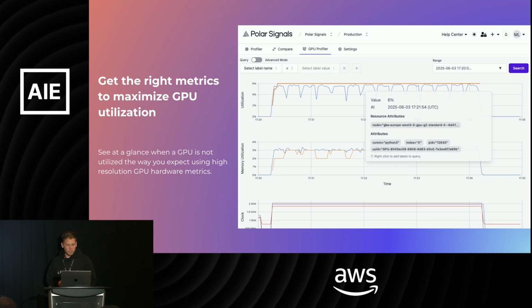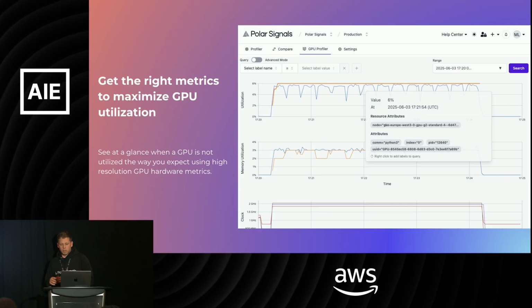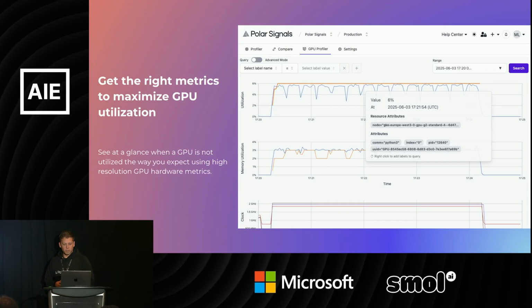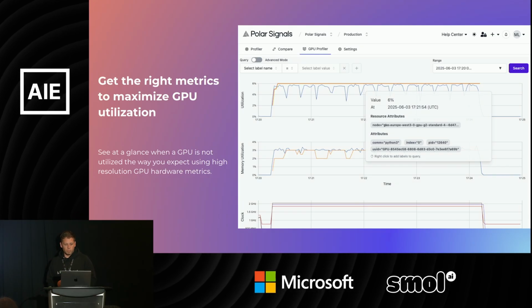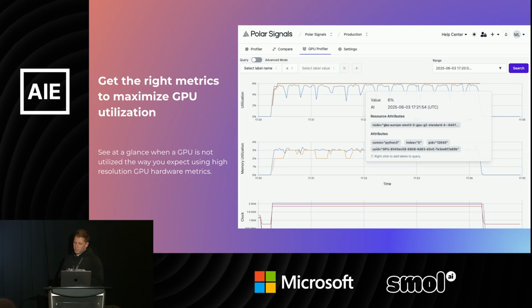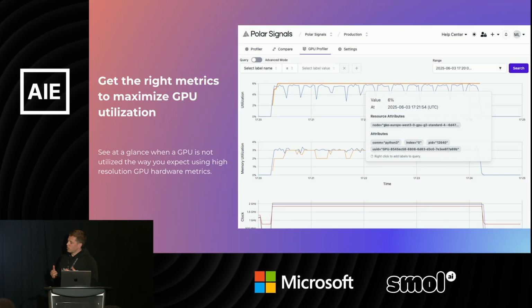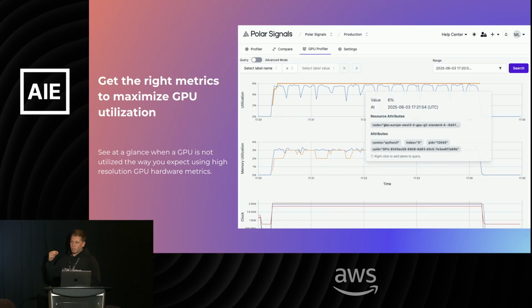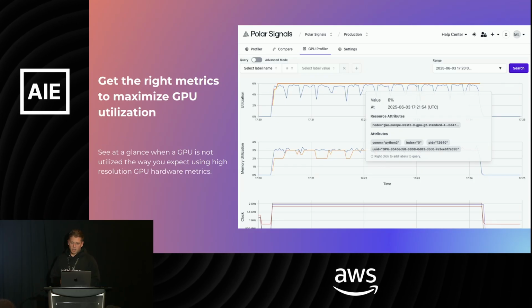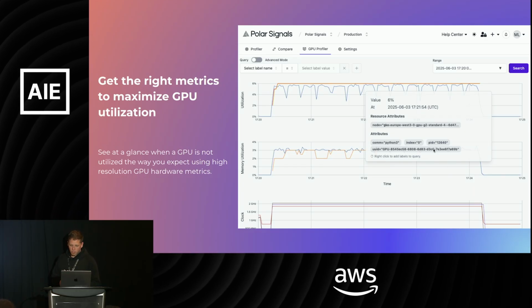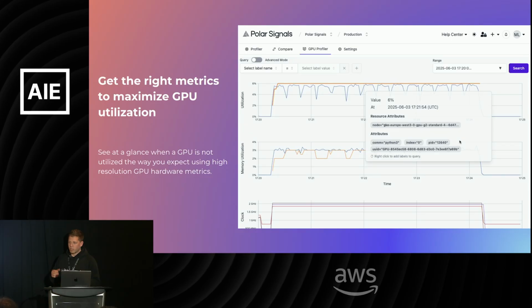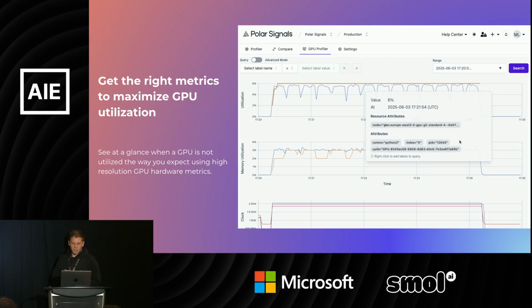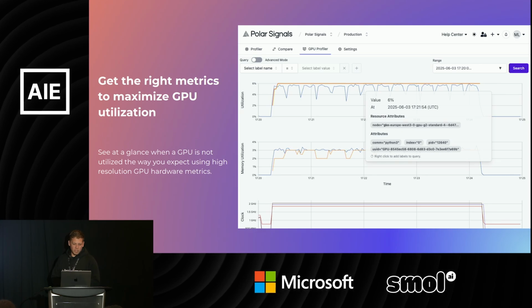As you can see in this screenshot, we're talking to NVIDIA NVML to get these metrics out of your GPU. In the blue line on top, we can see the overall utilization of the node, and the orange line is one particular process on that GPU. Over here we can see the process ID. So we see individual processes, but we also see the overall node's utilization,